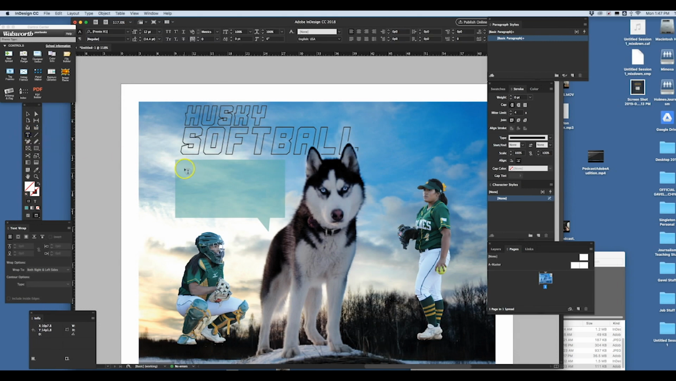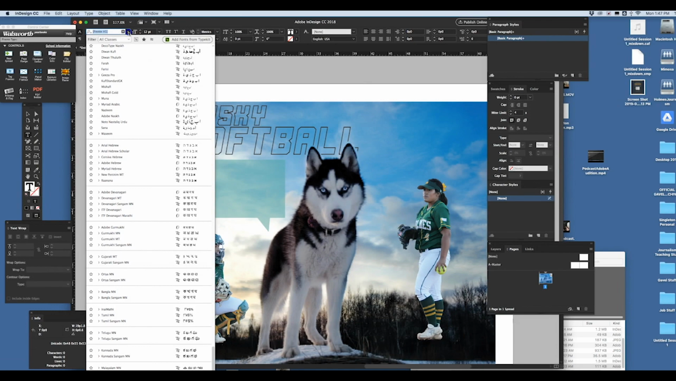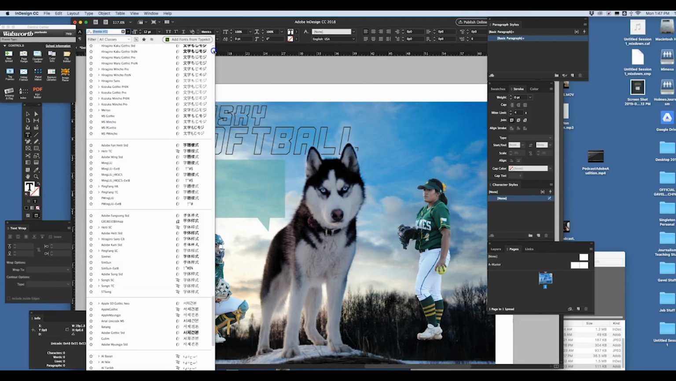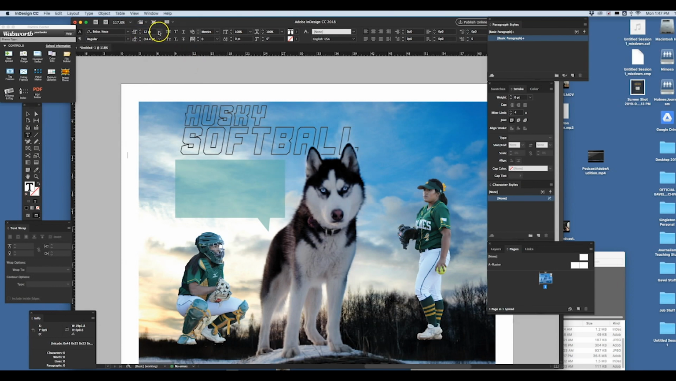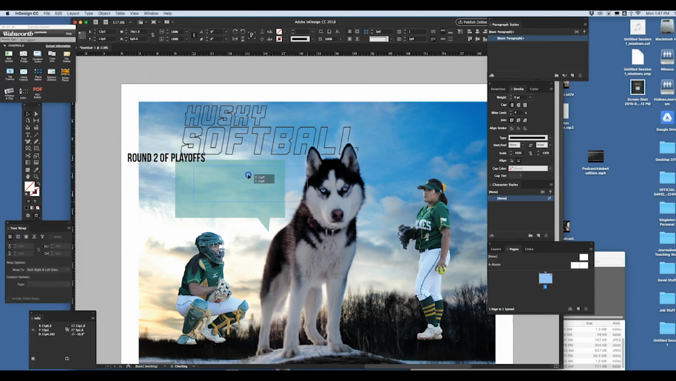I'm going to add some text now into this box. I'm going to start it out on the side so it doesn't make it go in the box. I can move it around. I'm going to go up here, pick a font that looks good, pick a size, again, type in, if I can type this without errors here, round 2 of playoffs. And I'm going to bring that in here, decrease the frame size a little bit so it's not overly big,